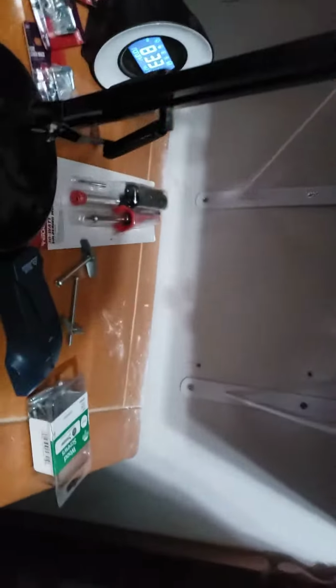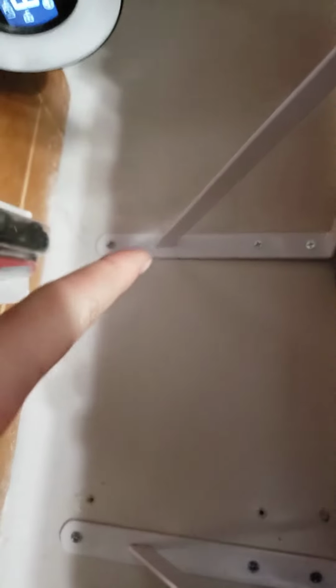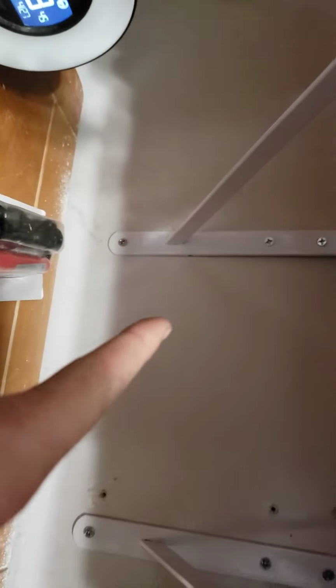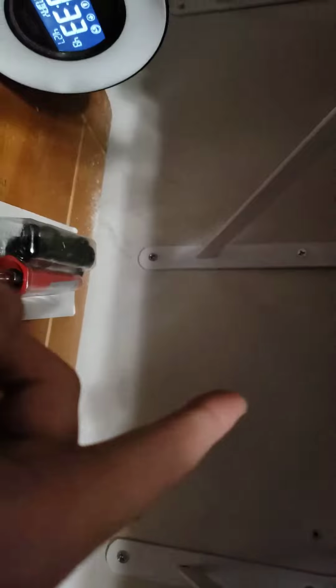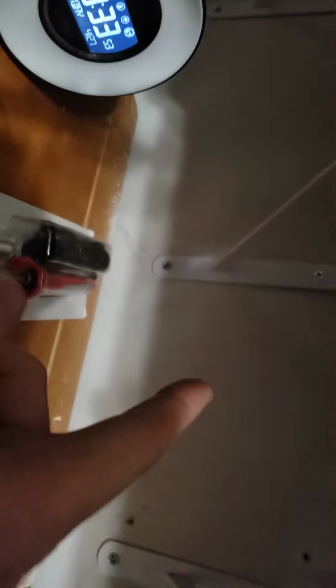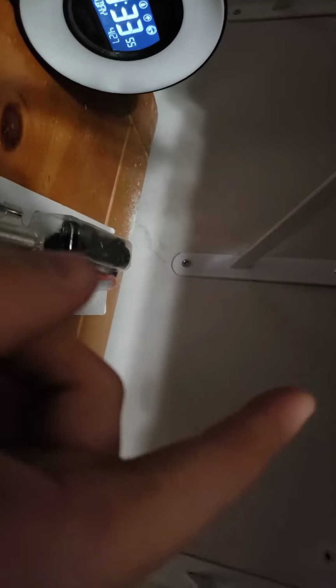I still have some stabilization efforts to work on because oh man, that's crooked. I'm going to have to modify this in the future, and as well as that, over this bracket here is still not stabilized. I might have some screws that I can use for that, but I have to fix a washer to it. Apart from that,